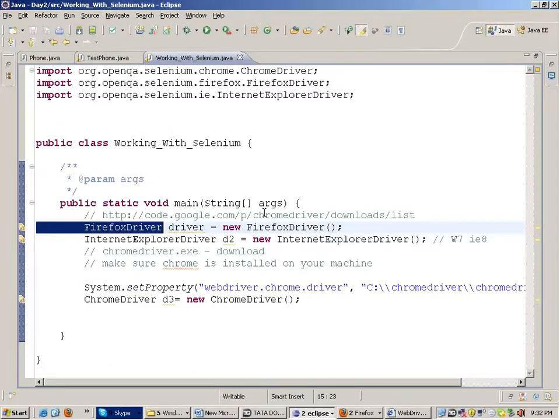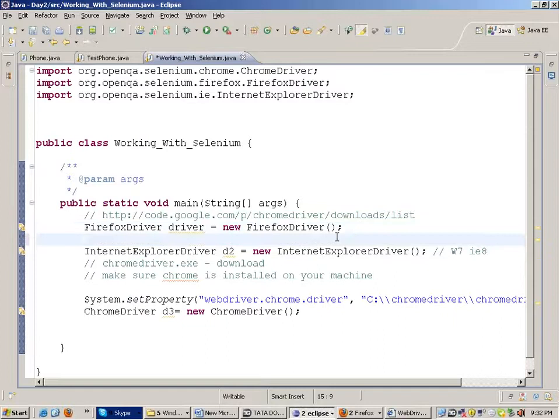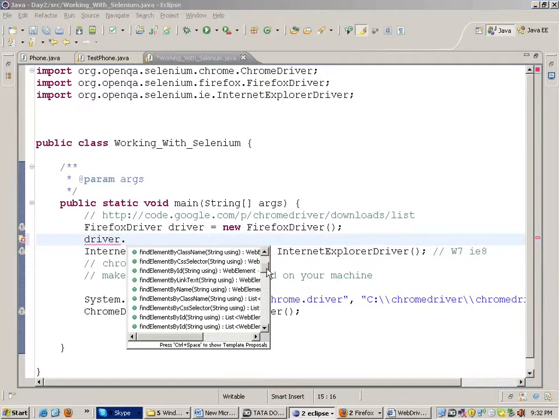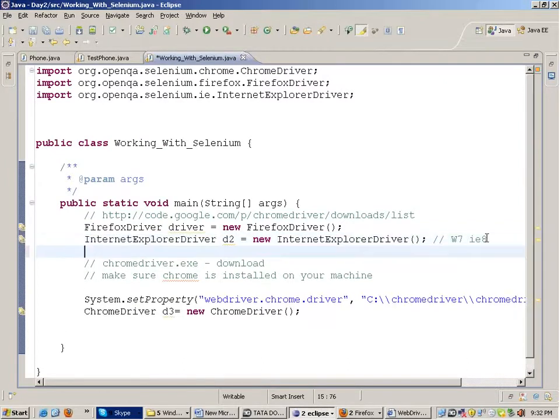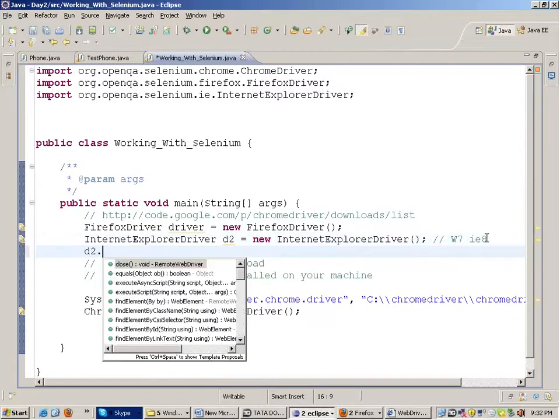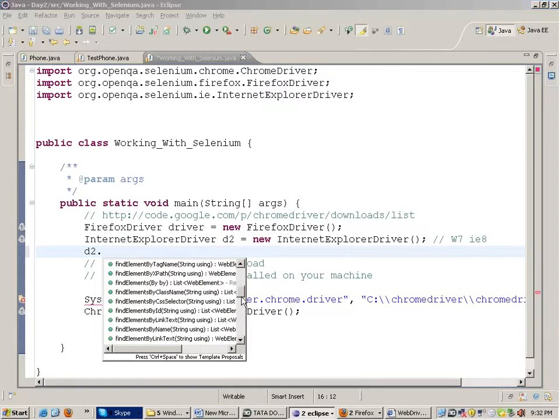But here in Firefox driver, I will have a certain set of functions and variables. When I write driver dot, I get so many functions and variables in Firefox driver. Similarly, when I write d2 dot for the IE driver, I again get a lot of functions and variables.